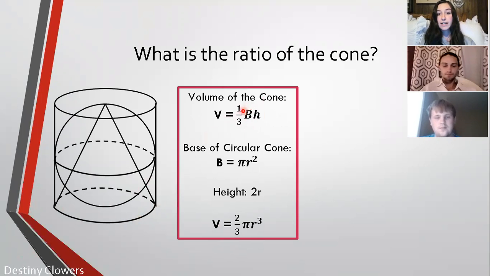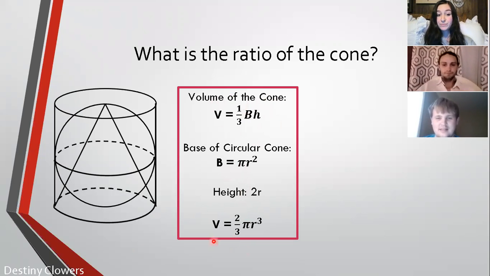To find the base, we use base equals pi r squared. In our homework problem, we were given that the height equals 2r. So you just plug in your height and your base into this formula, and you get volume equals 2/3 times pi